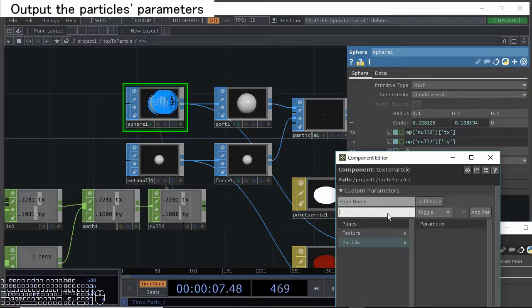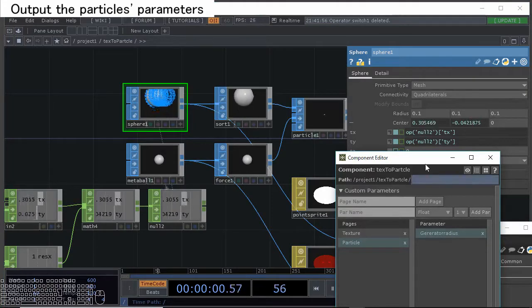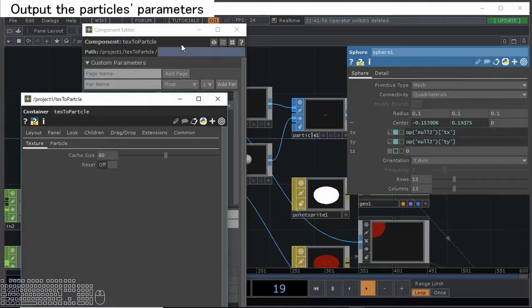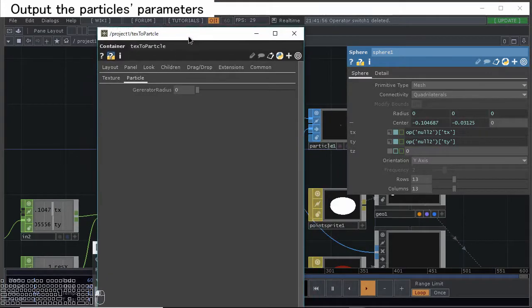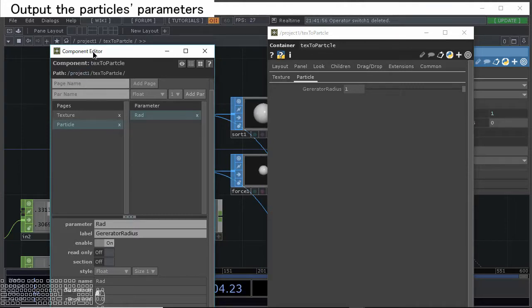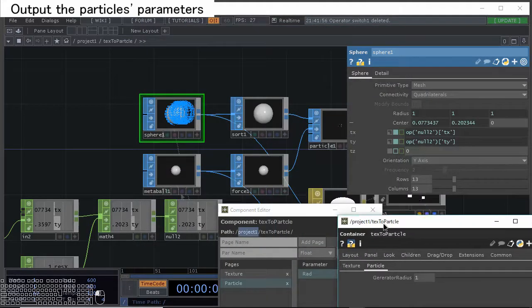And then next, make the particle page here, and then insert the particle parameters here. First, make radius, generator radius. Then this time it's a float. Then add the parameters, and that's too long, so let's name the parameter as rad. Then let's apply it to generator radius. Here, particles appeared. So get inside here, relative CHOP reference, then select 1. Change the default value, now it's 0, then change it to 1. Okay, then next,